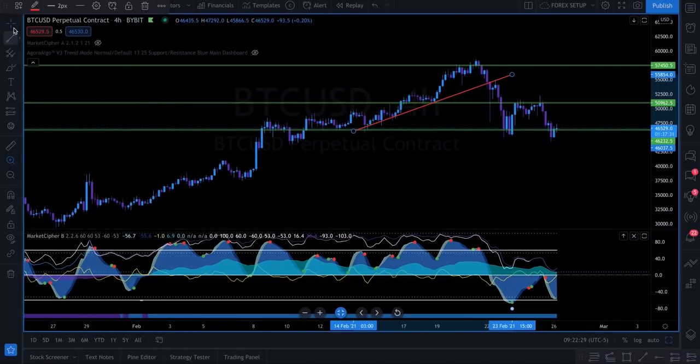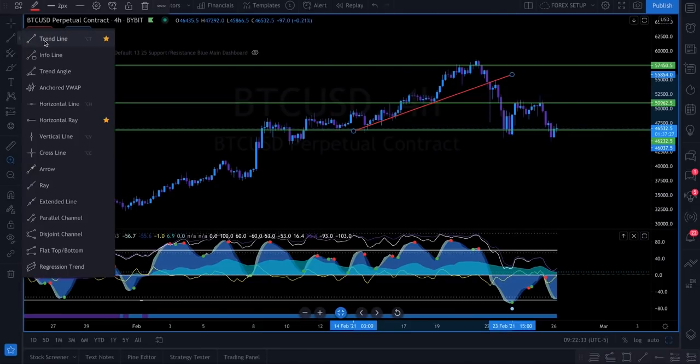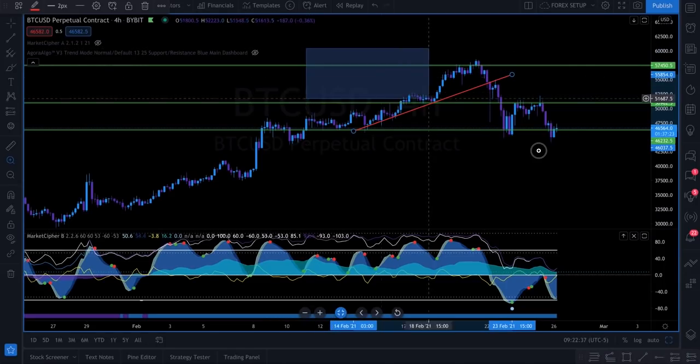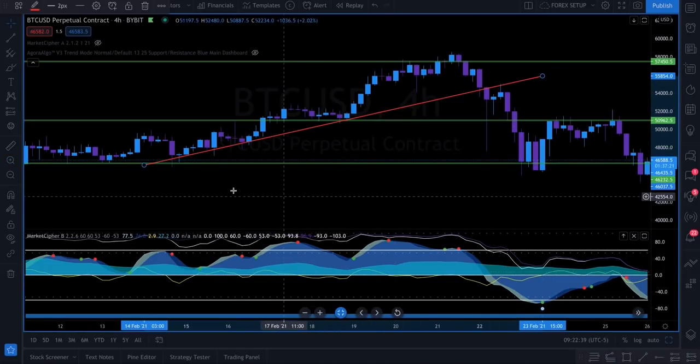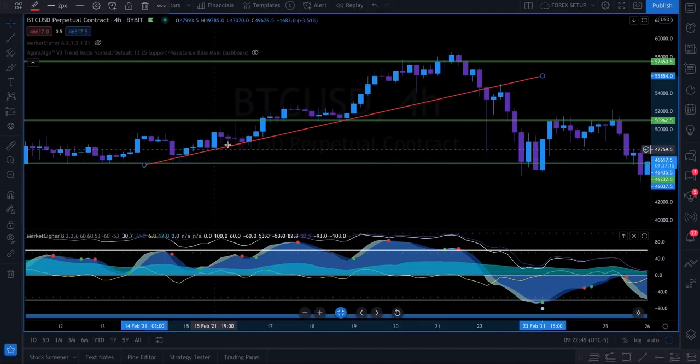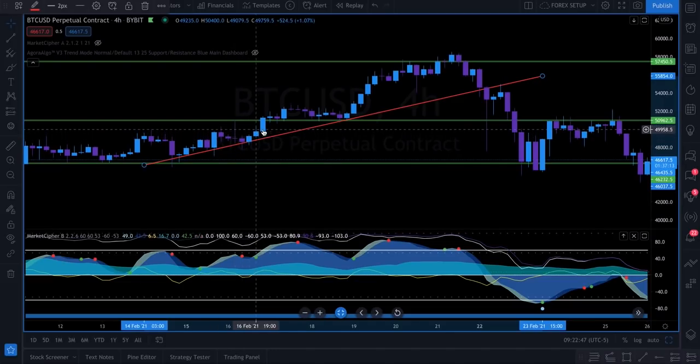The way you find your trend line in TradingView is right up here. You're gonna click here, click trend line, and if we zoom in on this trend line, we can see some significant things. We can see that price bounced off this trend line 1, 2, 3, 4, 5, 6, 7, 8, 9, 10,